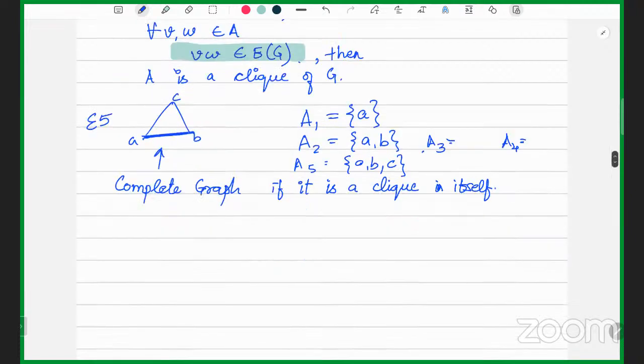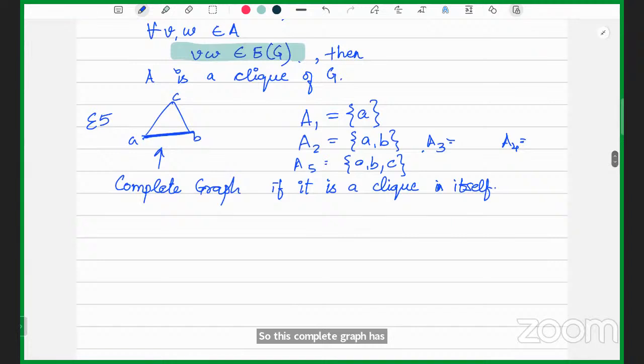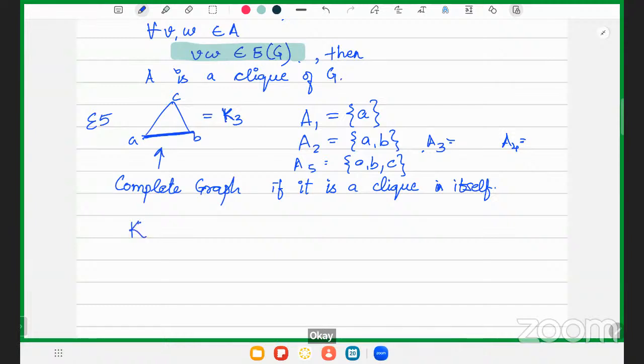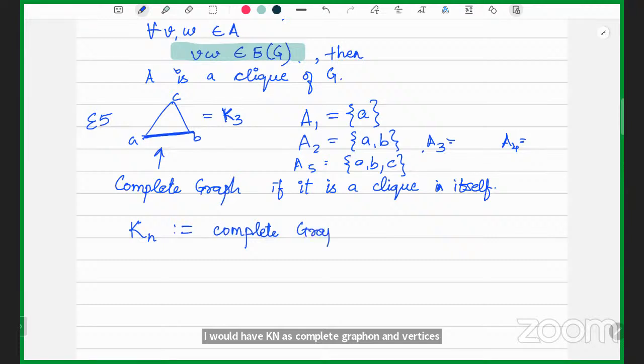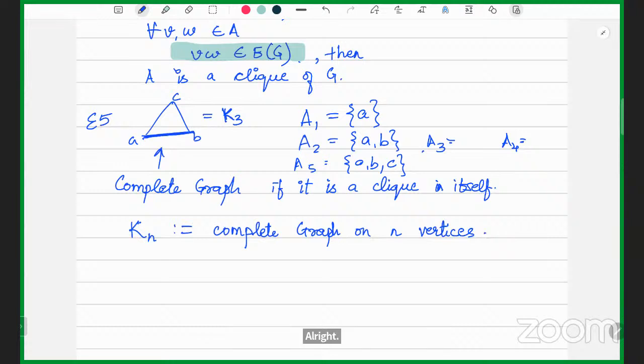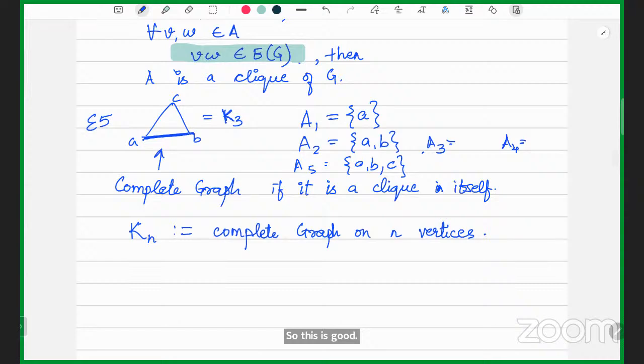So this complete graph has three vertices, so I will call it K3. And similarly, I would have Kn as the complete graph on n vertices. All right. So this is good. Now, you might notice that when I was talking about independent